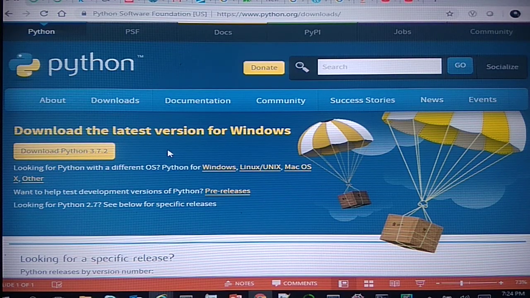To install Python, we can go to Python's website. You can see the URL. Here we can download Python's version like 2.x or 3.x. The latest version of Python is Python 3.7.2. Once you are on Python's website, you can simply click on the download Python button and Python setup will be done. Once Python is installed on your machine, you can simply access it. Let me show you how.